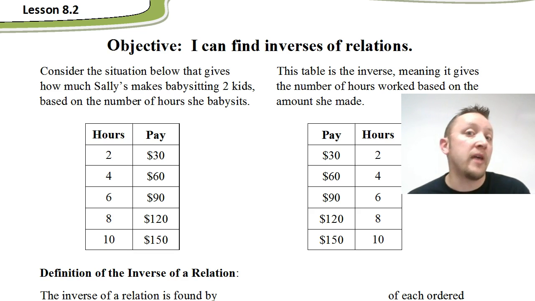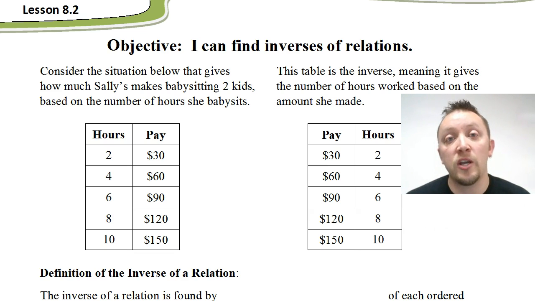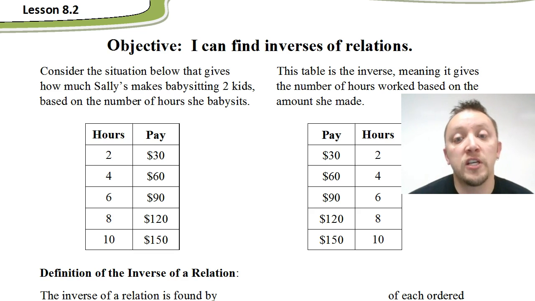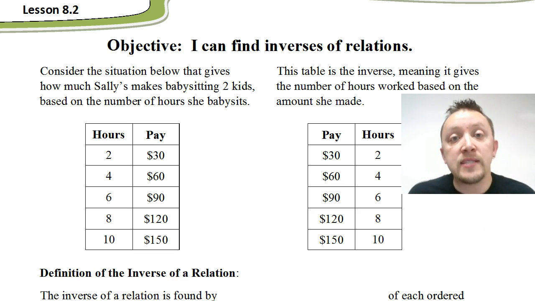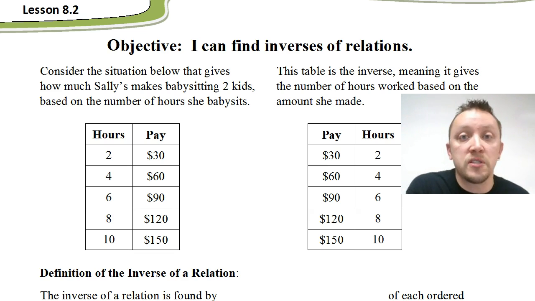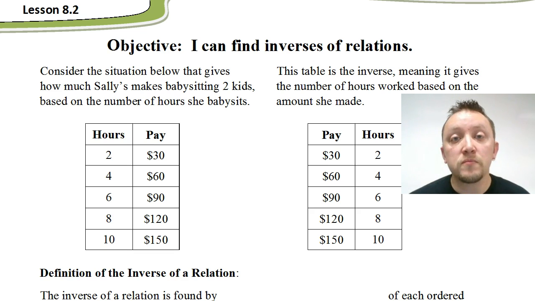Now we could also flip that around, and look at how much she made and use that to figure out how many hours she worked. So if she made a total of $60, we could determine that she worked for 4 hours. She babysat for 4 hours that day. Or if she came home with $150, we could determine that she babysat for 10 hours that day. And that second table represents the inverse of that first table,